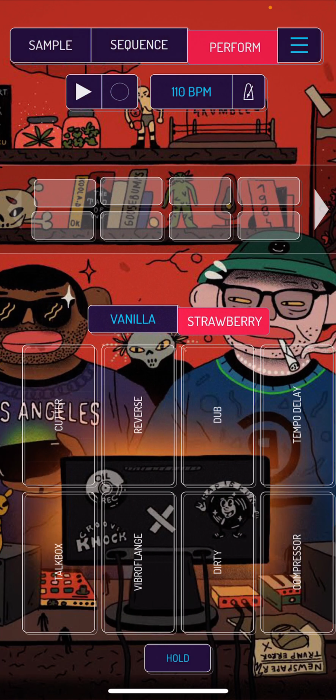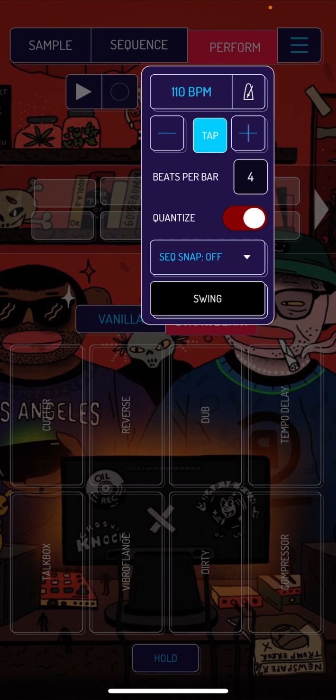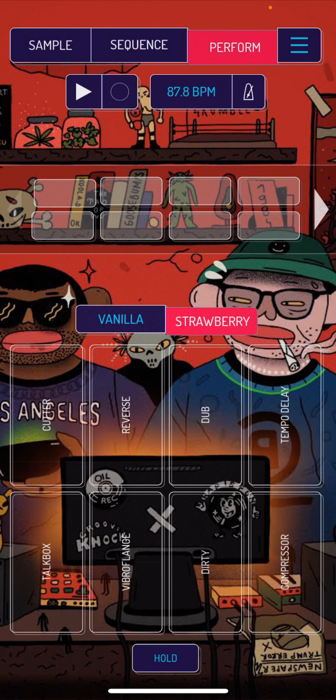And what I usually do is, from that little tap of the drums, I have a little drum beat in my head. So I'm going to tap the tempo of that. That feels good. 87.8. Now